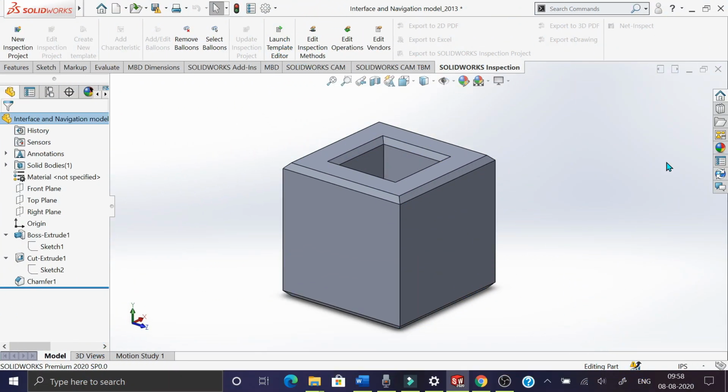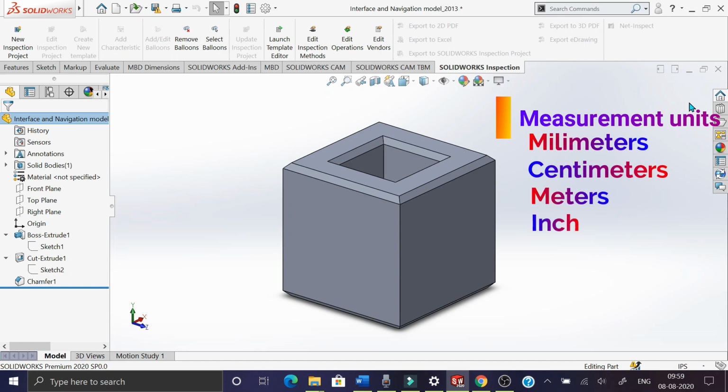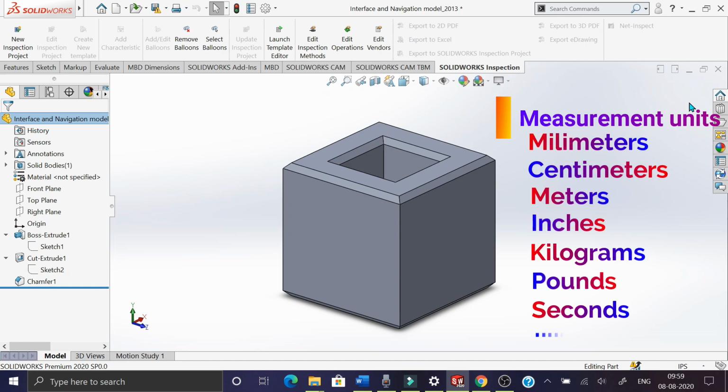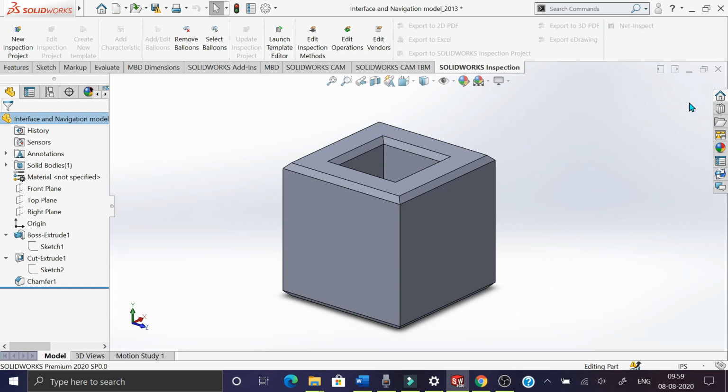Now we will talk about measurement systems. All the models created in SolidWorks are based on actual measurement units like millimeters, centimeters, meters, inches, kilograms, pounds, seconds, etc. Before you start any model, make sure that you set the measurement unit you intend to work in. On the bottom right, you will see a clickable menu.